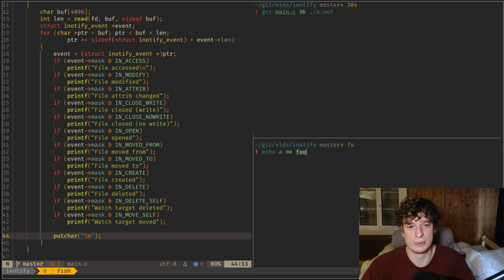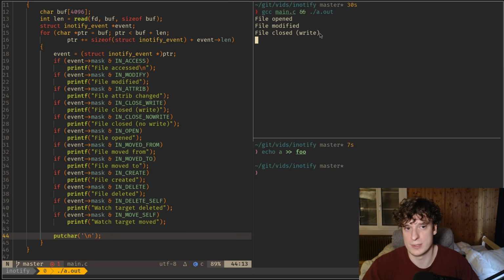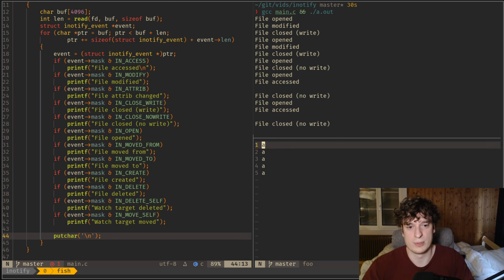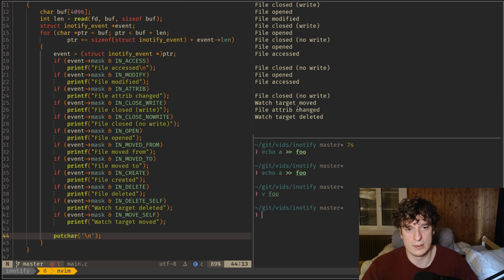So now if I do echo something, we see that the file is open, the file is modified, and the file is closed in write mode, like so. And yeah, you can do that a bunch of times. You can see what happens when we go in Vim. You can see that Vim does a lot more stuff. If I close it like so, you can see that